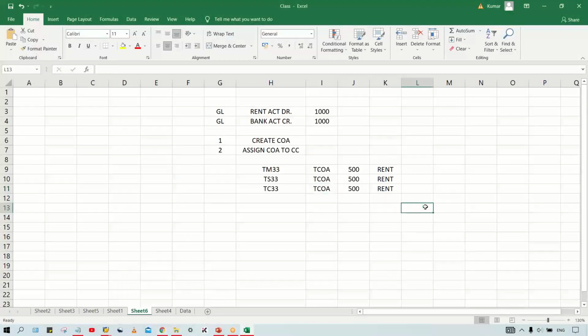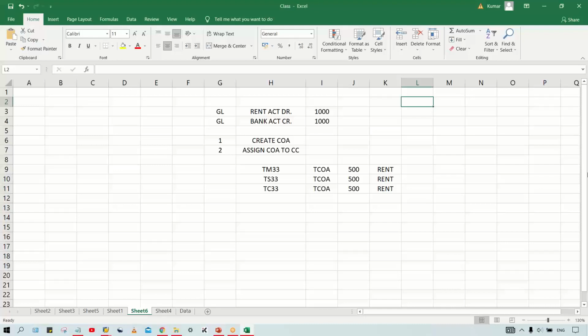In the sense like whatever the GL accounts are there, right? So every GL account will be having a particular GL number. Okay. A GL code we can say. So mostly what is happening, guys, GL code will be in numeric digit only, right? So I have given 4 digit. 4 digit. So say for example,